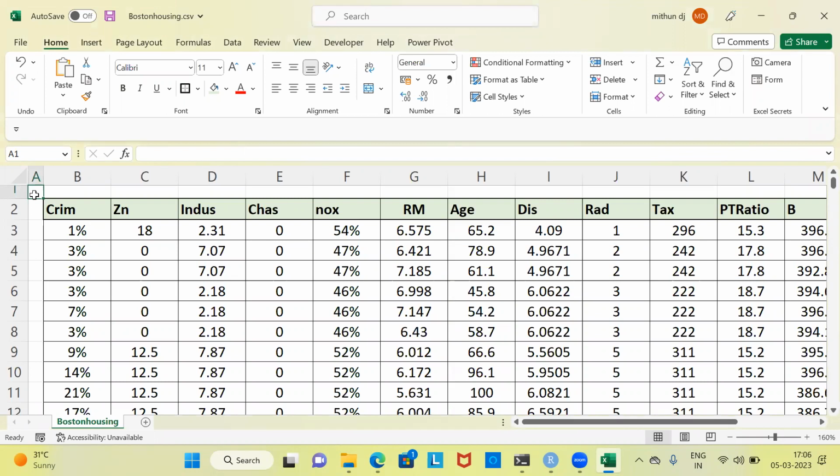My name is Mithun. In today's video, I'll be talking about how to build a deep learning model using Keras to predict the housing price for Boston housing dataset. Even before I proceed to demonstrate how to build a deep learning model using Python,